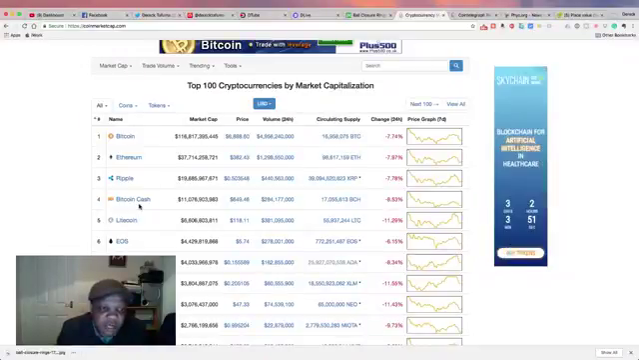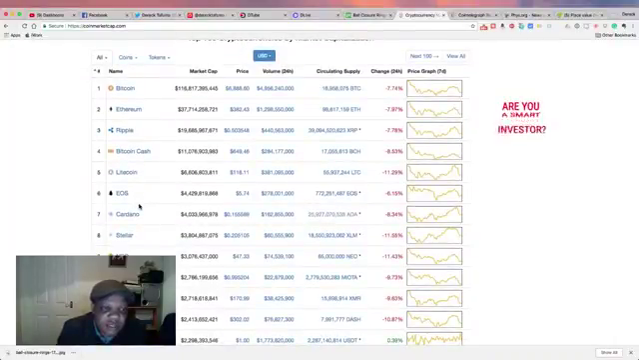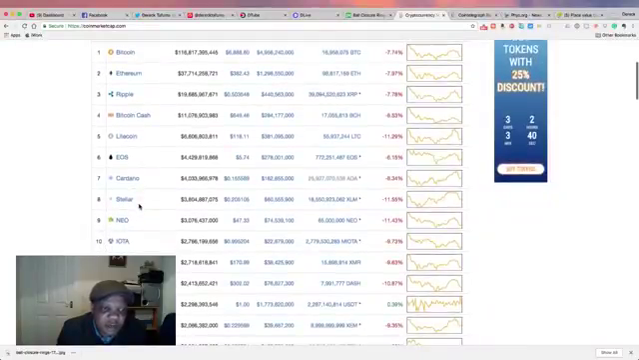Then at number 5, we have Litecoin. At number 6, we have EOS. Number 7, Cardano. Number 8, Stellar. Number 9 is Neo. Number 10, IOTA. IOTA is on